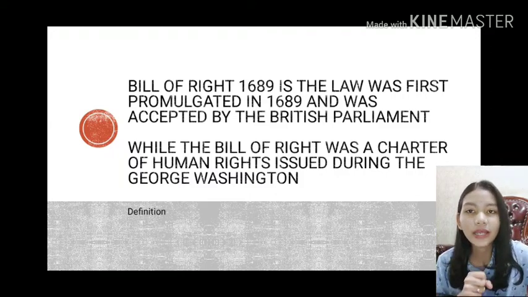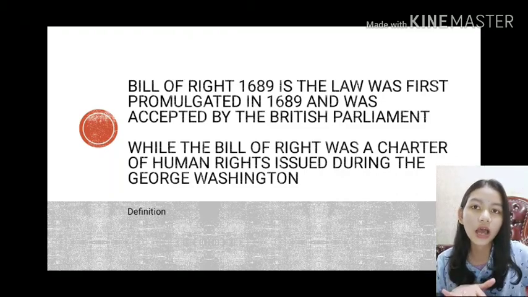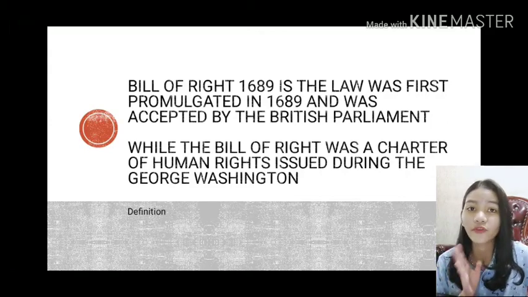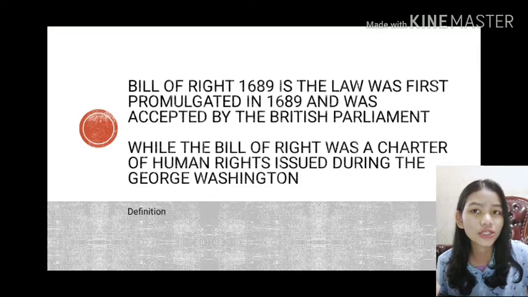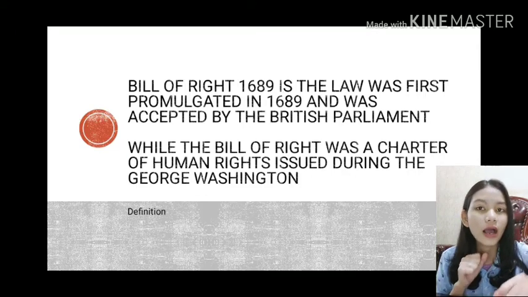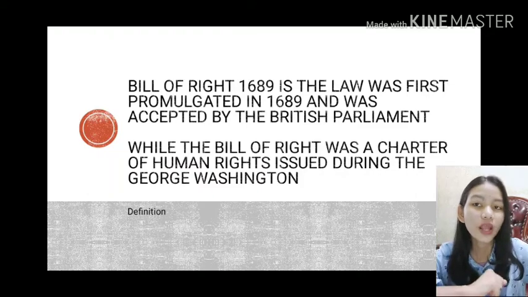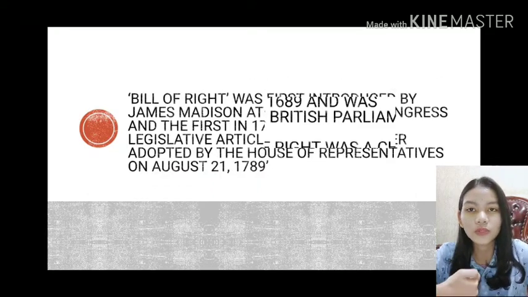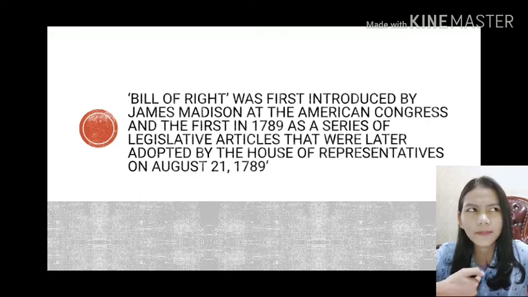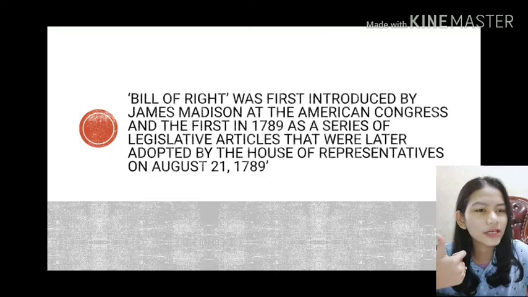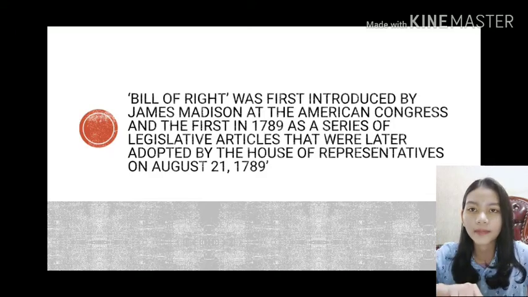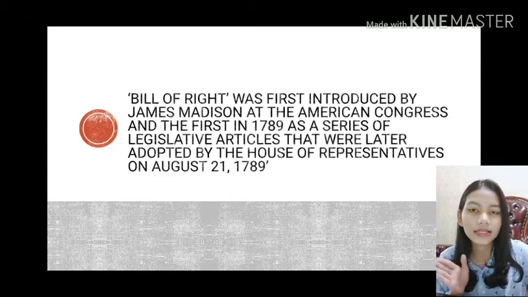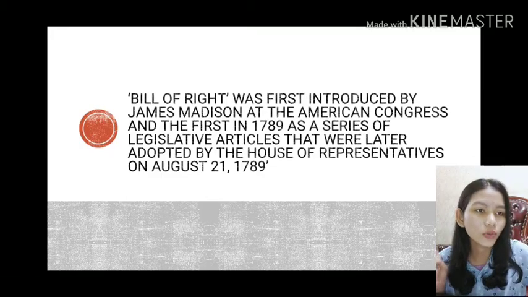While the Bill of Rights was a charter of human rights issues during the George Washington administration for the Declarations of Rights, as well as the name for the 10 amendments in the American constitution meant to protect the natural rights of freedom and also property. The title of Bill of Rights was first introduced by James Madison in the American Congress in 1789 as a series of legislative articles that were later adopted by the House of Representatives on August 21,